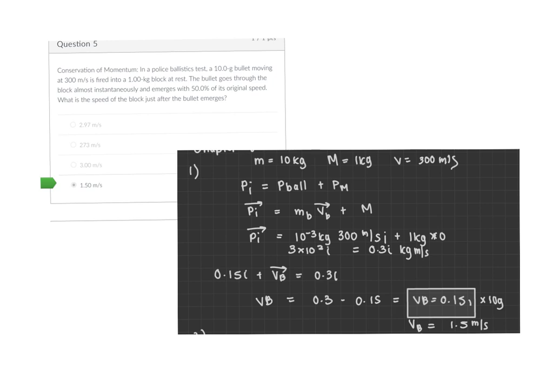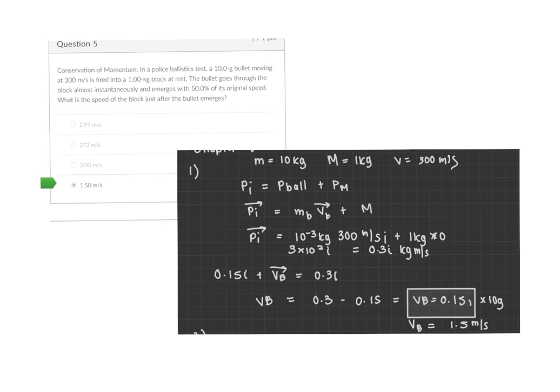So for this problem, again, more velocity and momentum. First, the values: the mass is 10 grams, the big mass M is 1 kilogram, and the velocity V is 300 meters per second. So we have P initial equals the P of the bullet plus the P of the big M,